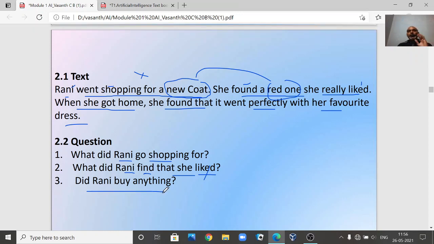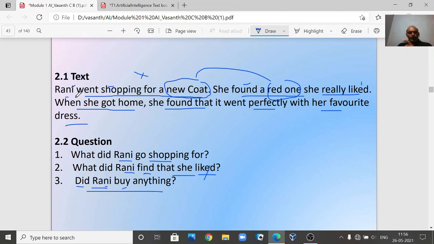Did Rani buy anything? In our normal way of doing it, did Rani buy anything? Now we'll take a few words like did Rani buy, two or three words, and start scanning the paragraph. So Rani is there, but nowhere in this sentence is buy there, right? Buy is not there. I'll go to the second sentence, again buy is not there. Buy, brought, purchased, nothing is there. I'll go to the